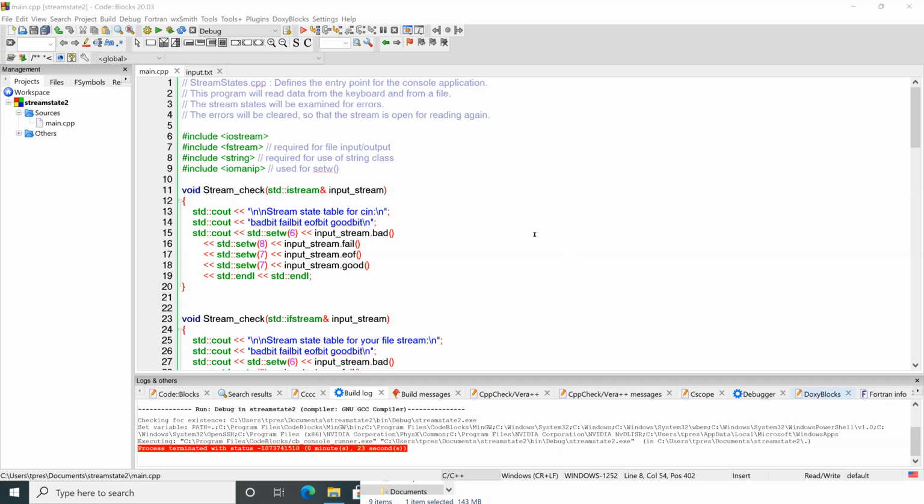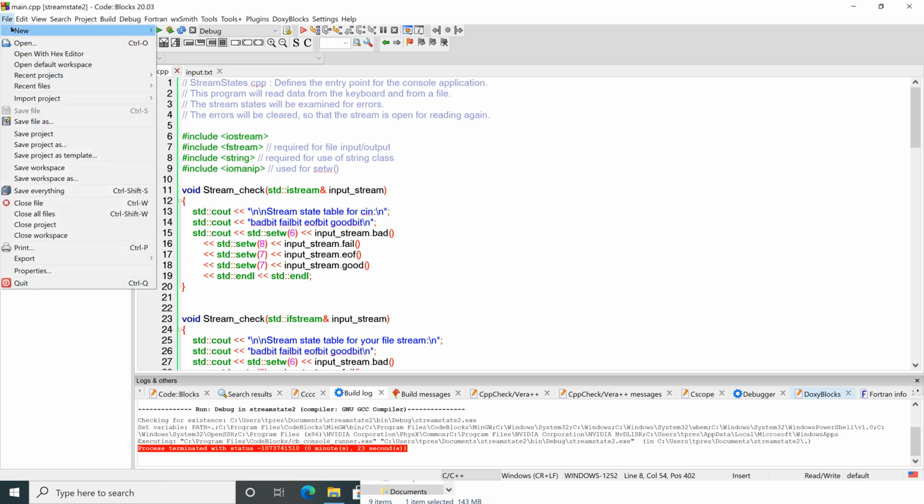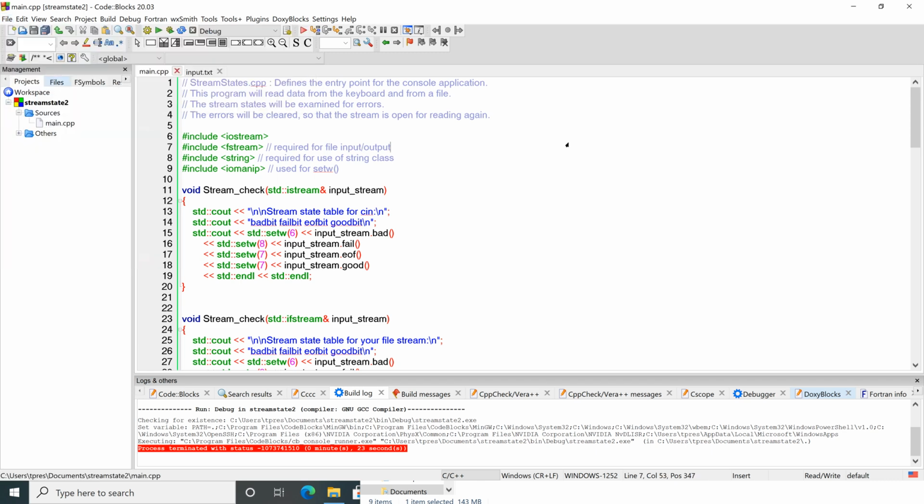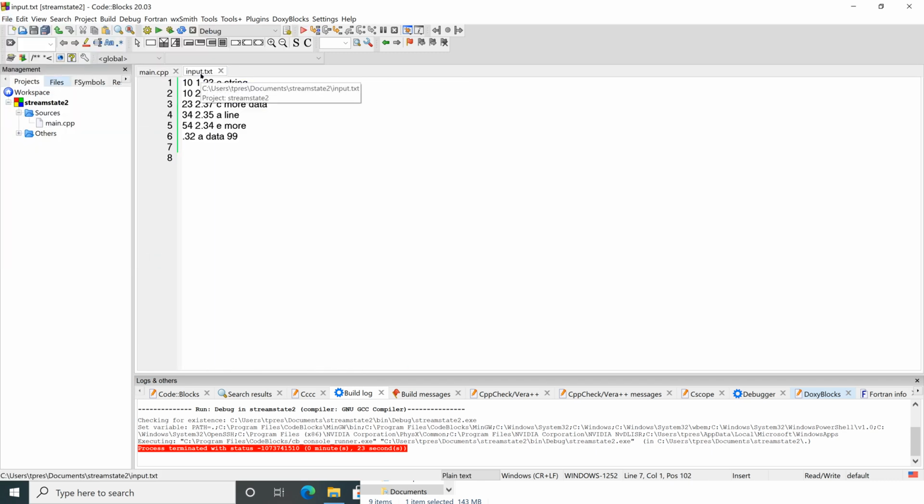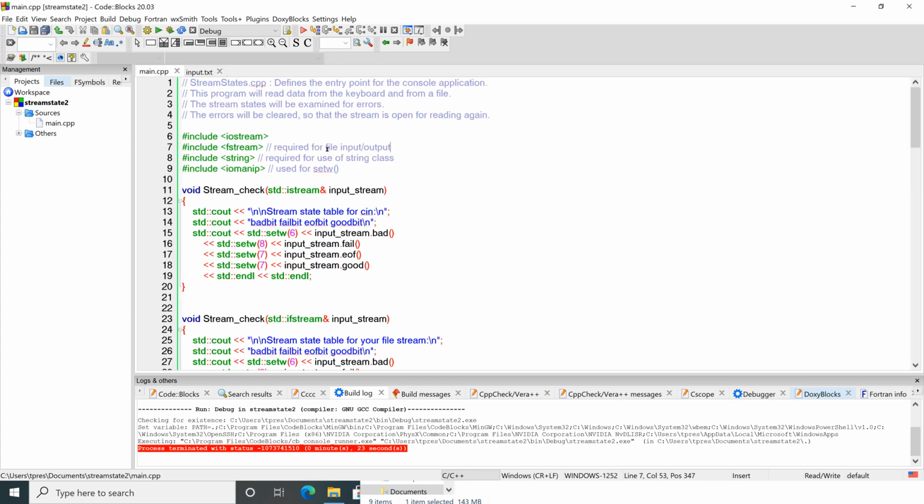Okay, so this program is called streamstates.cpp, and it's also on your Canvas page, and there's an input file that goes with it that'll be directly underneath it. So when you set this project up, make sure that you go to File and New, add that empty file in there, and then make sure not only do you copy and paste the code from